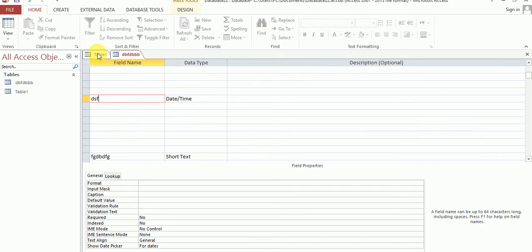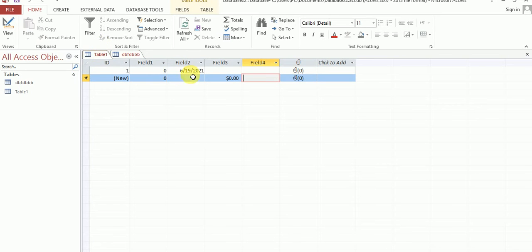Same process using the datasheet view. How can you rearrange a field in a datasheet view table? Same process: just click on the field and drag the mouse.